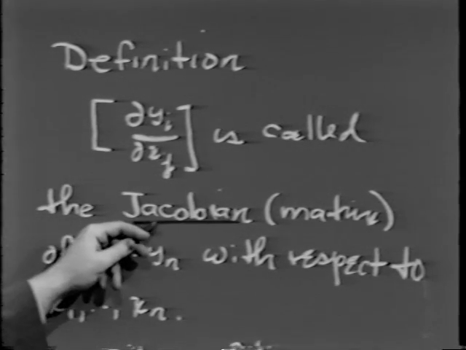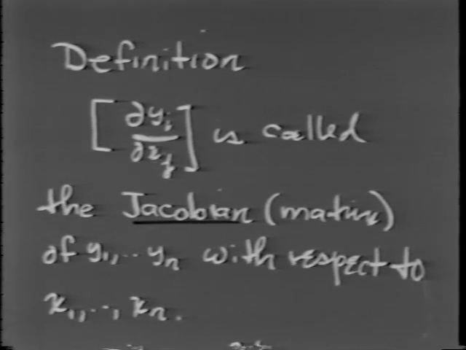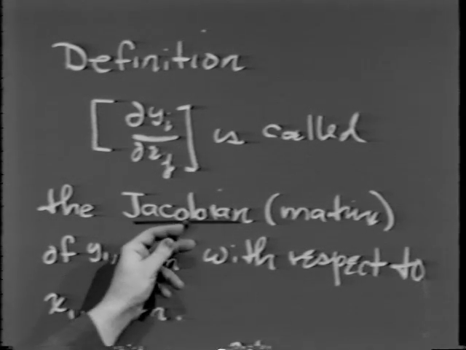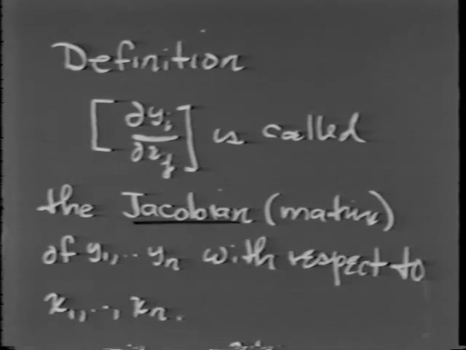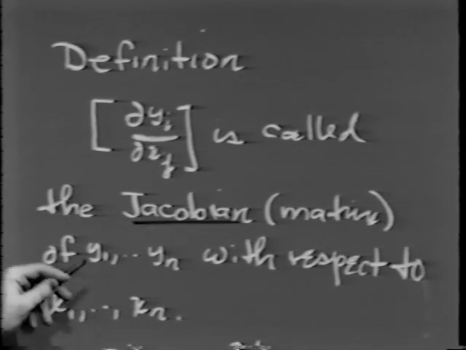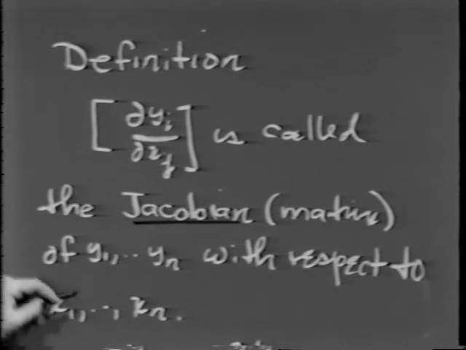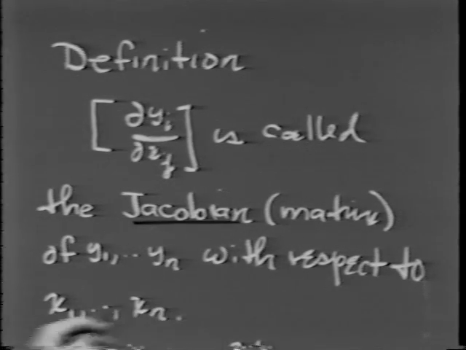Usually when I say the Jacobian, I will mean the Jacobian matrix. I might sometimes mean the Jacobian determinant, and so to avoid ambiguity, I will hopefully say Jacobian matrix when I mean the matrix, and Jacobian determinant when I mean the determinant. But should I forget to do this, or should you read a textbook where the word Jacobian is used without the proper noun after it, it should be clear from context which is meant. But at any rate, that's what we mean by the Jacobian of y1 up to yn with respect to x1